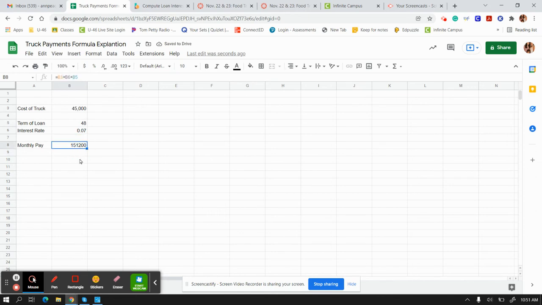All right. So in total, I am going to be paying back the loan with 7% over 48 months for a $45,000 truck. My entire payment that I'm going to pay is $151,200. So I'm going to take that number, that's my interest and everything, and I'm going to divide it by 48 months,